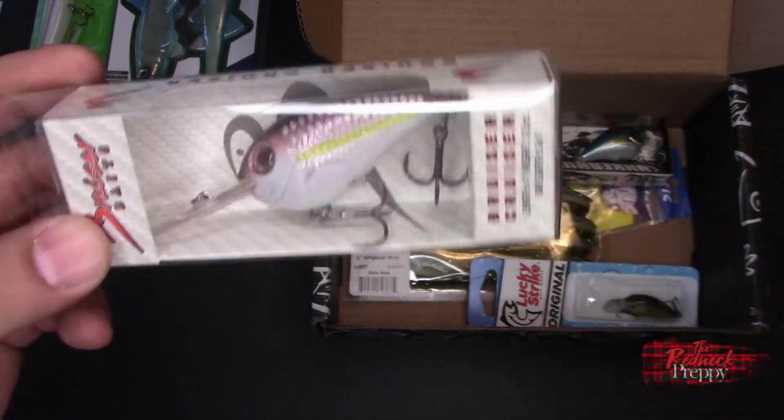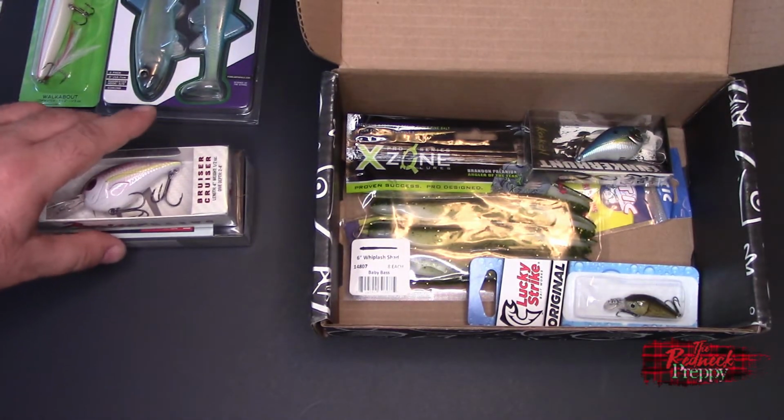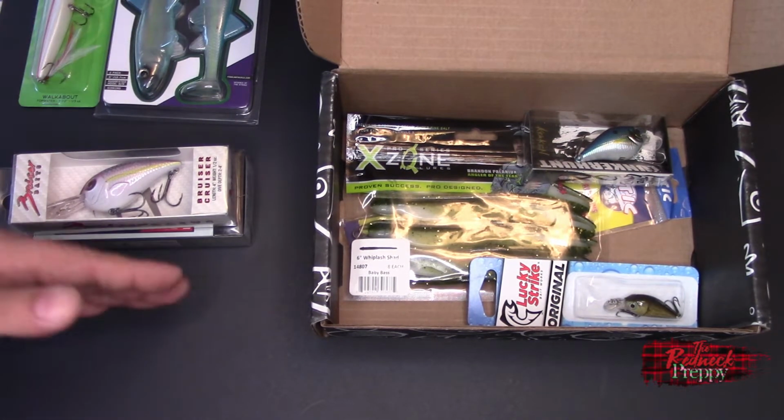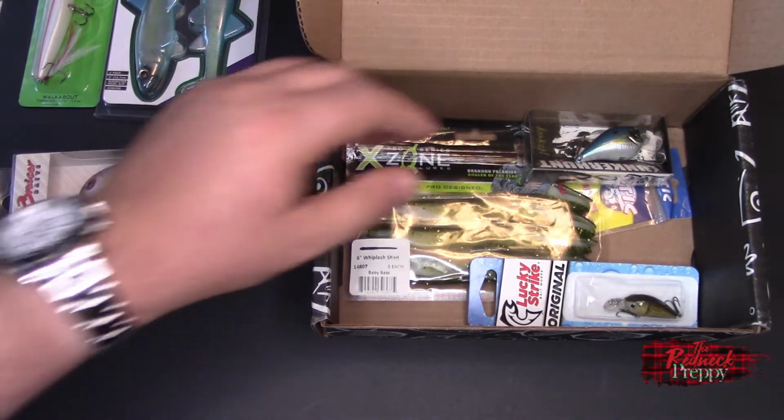I'm not a big crankbait guy. I'm going to put this in the, it's okay. That's still above the sucks line, so if it ends up here, that's still okay. Alright,